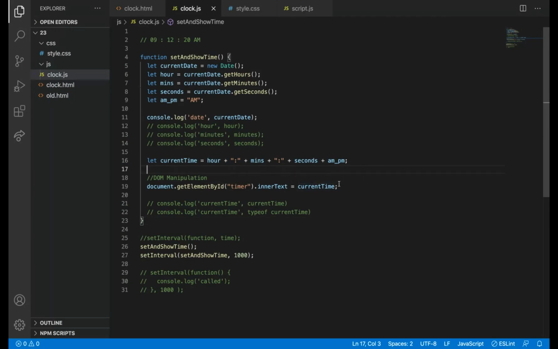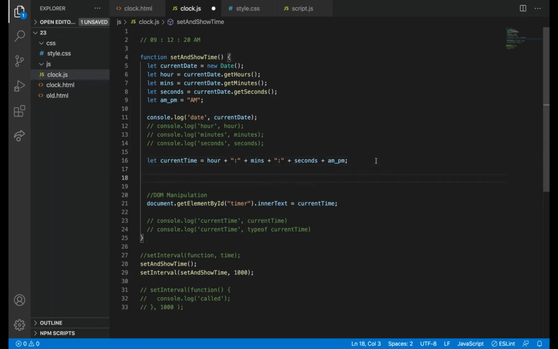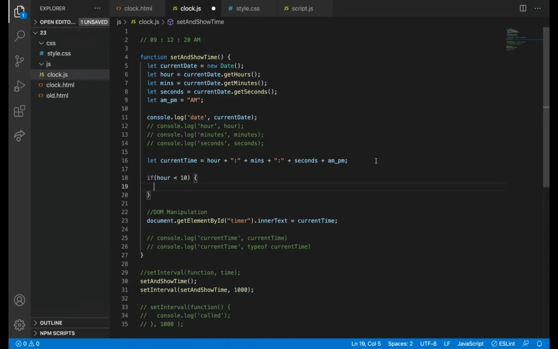I'm going to write an if case. If my hour is less than 10, what I'm going to do is hour is equal to 0 plus hour.